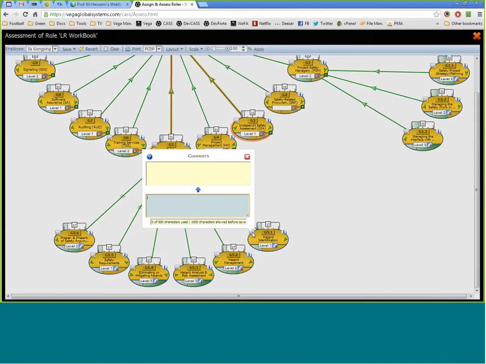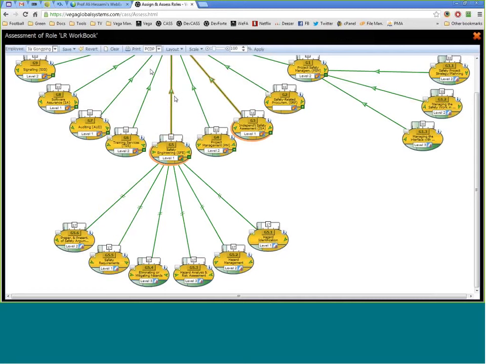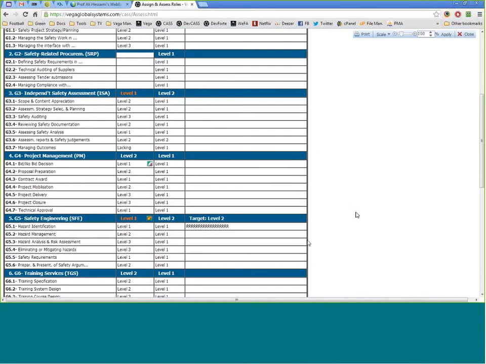For example, for this one, I'll put a target of level 2 and put a roadmap of something. Now if I look at the